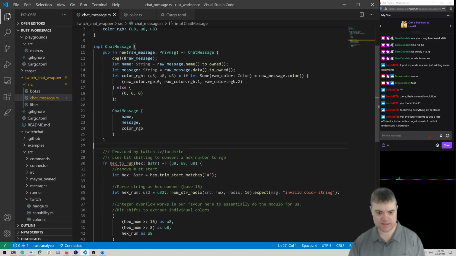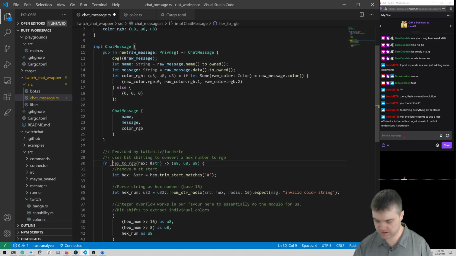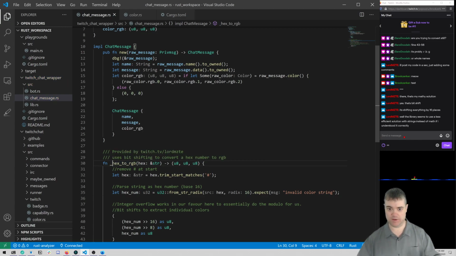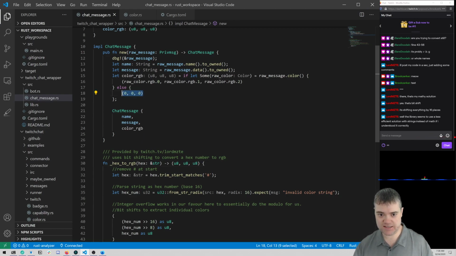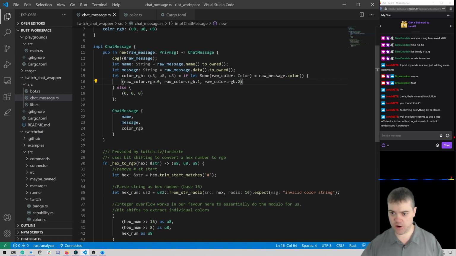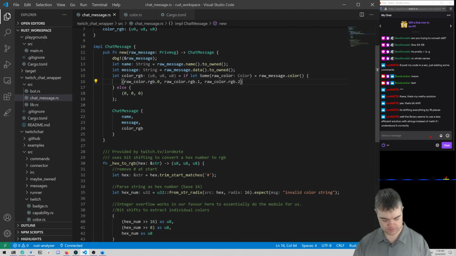Although the big thing here is it's already done the calculation for me at the beginning, so it's already there. So just grabbing it out is still going to be more efficient because I can avoid doing this conversion, if that makes sense. I'm just reaching in and grabbing the values that already are there. So that gives me the RGB numbers.